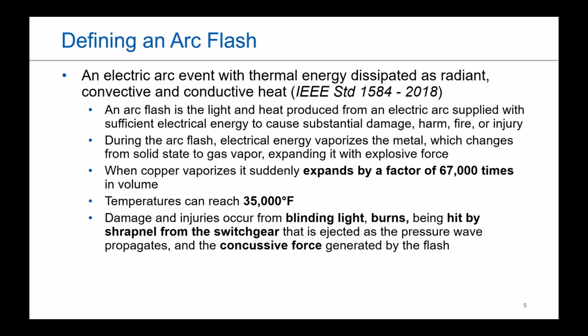There's the shrapnel outside the molten metal, which can be generated at the same time because you think about the bus bar itself being evaporated at the time. Well, you're also building up an enormous amount of pressure, to where an enclosure can basically become the same as a fragmentation grenade. So that's potentially being injected out with it.